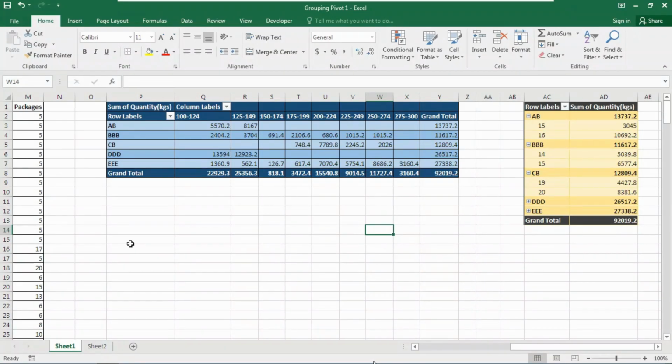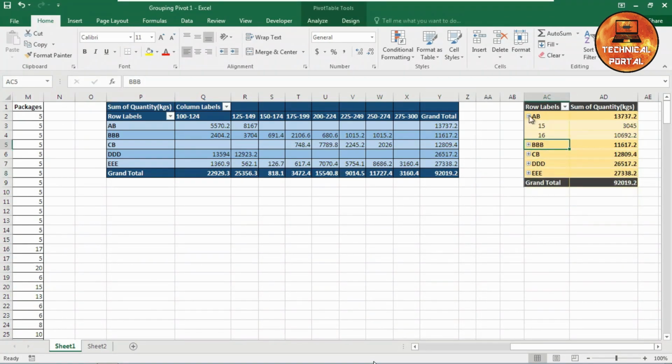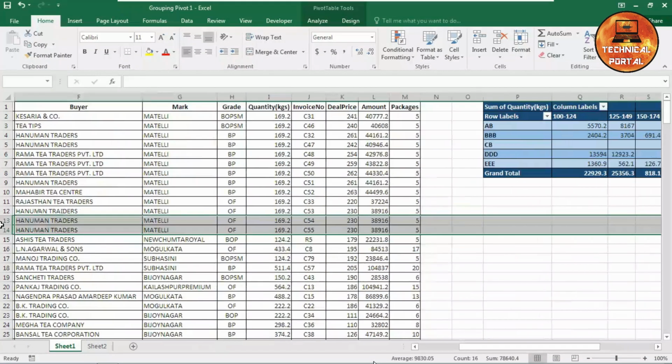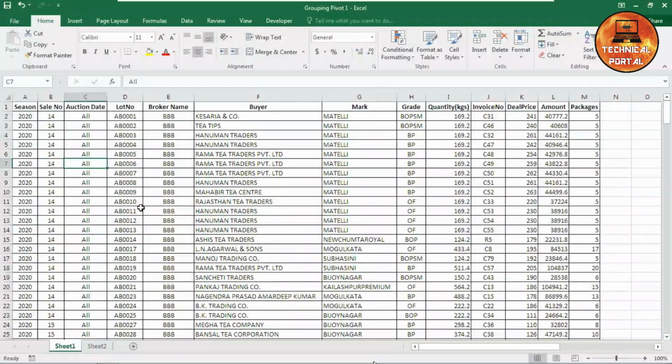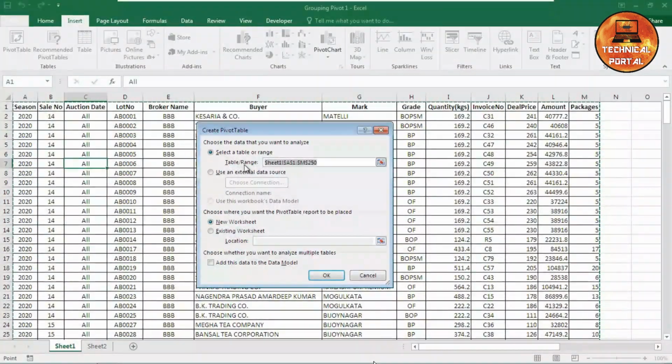So I'm going to create this pivot table here only so that you can notice the differences, right? So let me at first quickly collapse this one. How to insert the pivot table? Just select any of the cells of your raw data, go to the insert tab, click on pivot table. Now a pop-up window will open up, and where you want to create this pivot table, that is existing worksheet, and you need to select the location here.